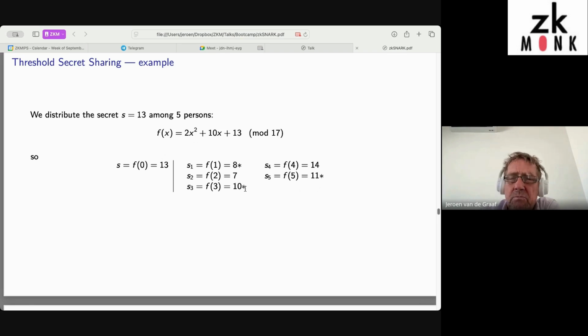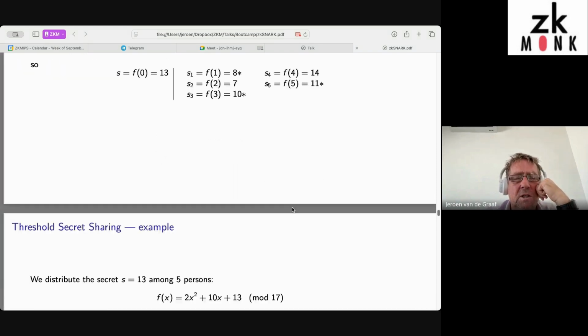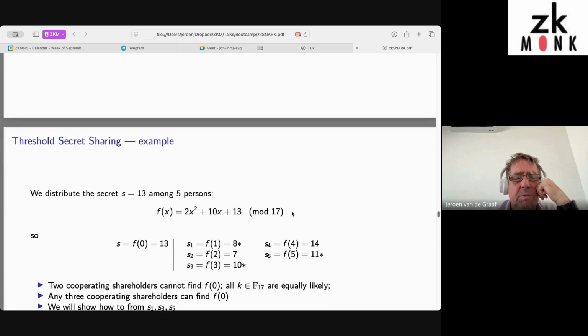We want to reconstruct the secret by any subset of three parties, and the three parties we are going to use are 1, 3, and 5. So there are actually two mechanisms to use this. One is that you use simply